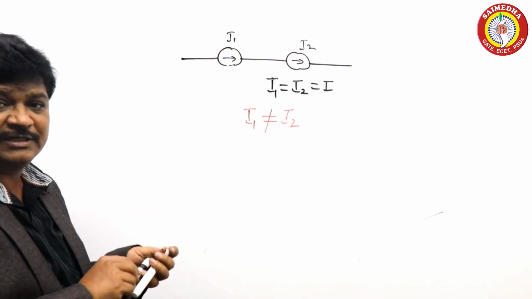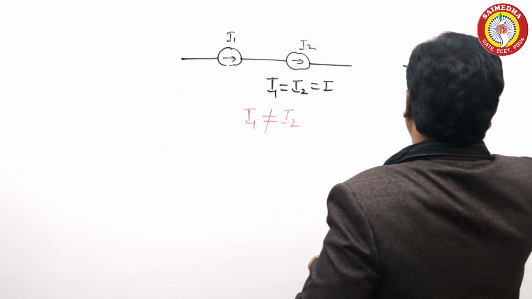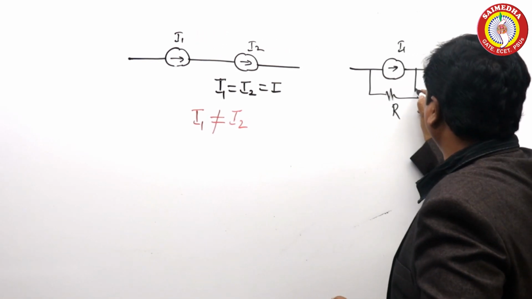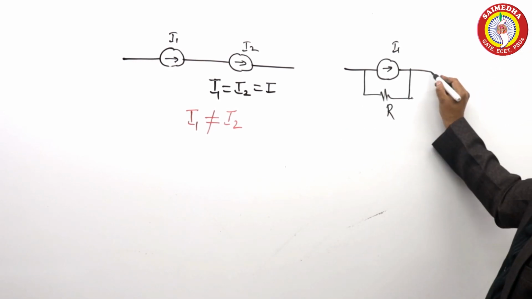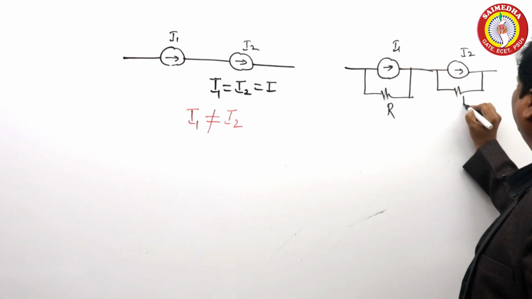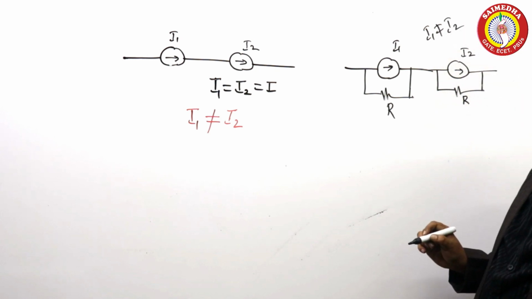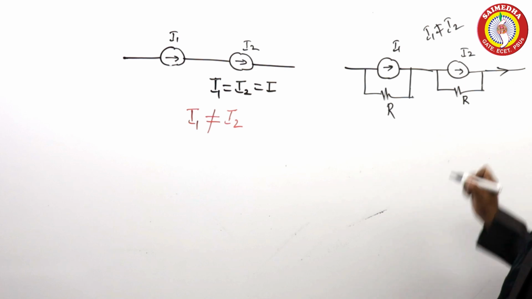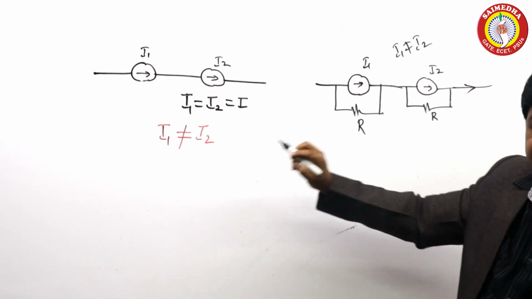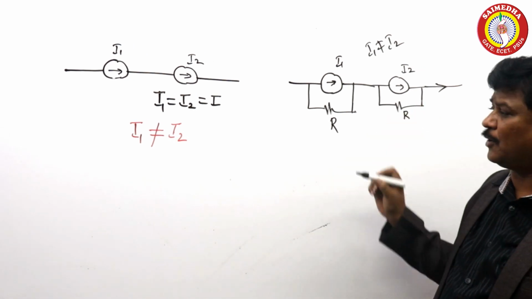Now, when is this possible, sir? Take a current source here, for example, having I1, with internal resistance of R. It's a practical current source. And another current source here, having I2, with some internal resistance of R. Even if I1 is not equal to I2, there is no problem. But finally, what is the current flowing here? As I told you, the current is between I1 and I2. As in the previous example, I told you V1 and V2, the current flowing is between I1 and I2. We will discuss it, not a problem.